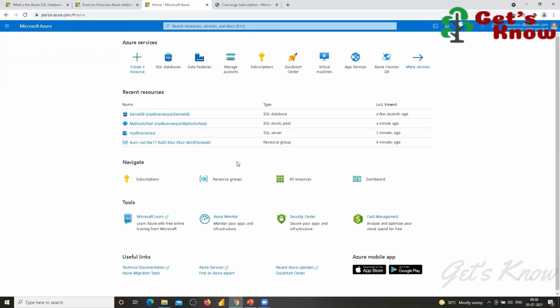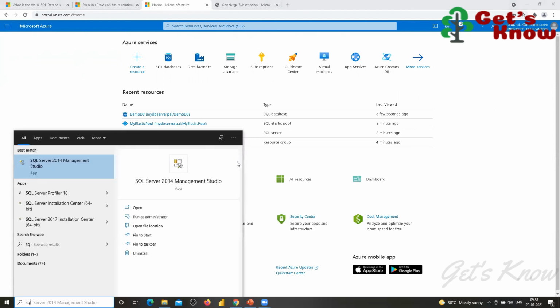In tomorrow's session, we will see how to create a table in that database, and then how to access the Azure SQL database from SQL Server Management Studio. SQL Server Management Studio is the UI for accessing your database. In Oracle, you use Toad or SQL Developer; these are all UIs. Like this, for SQL Server, Management Studio is the UI for accessing your database. Tomorrow we will see some features of accessing our Azure SQL database using Management Studio.